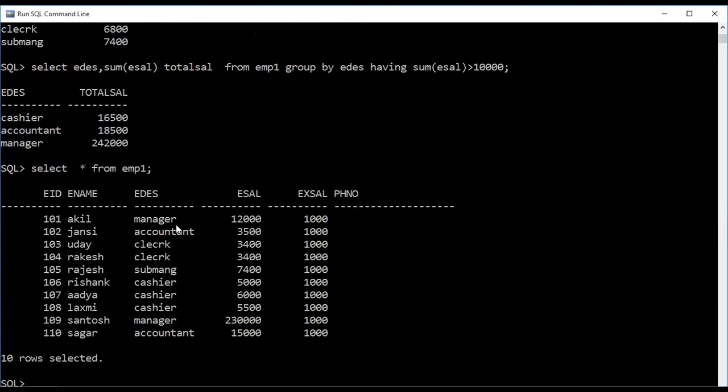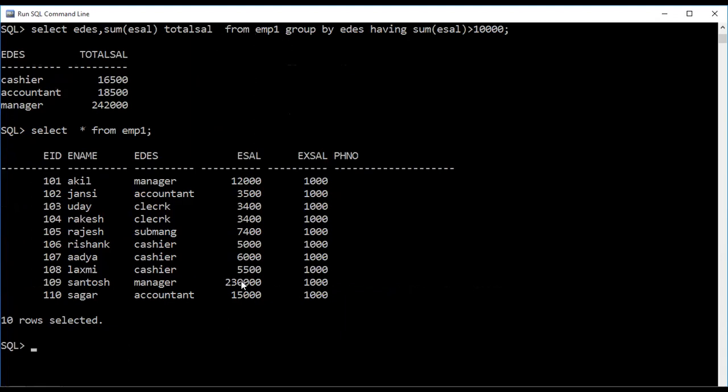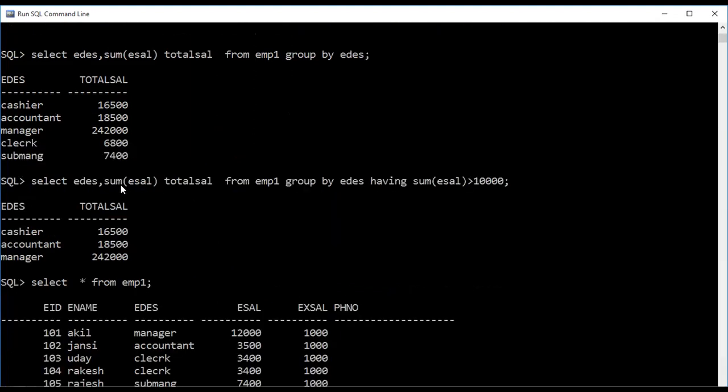Now, this is the employee table. In this table, I want to do the same thing. I want to make the groups, and I want to apply the condition that the sum of department salaries is more than 10,000.